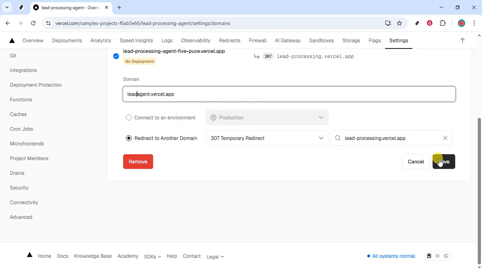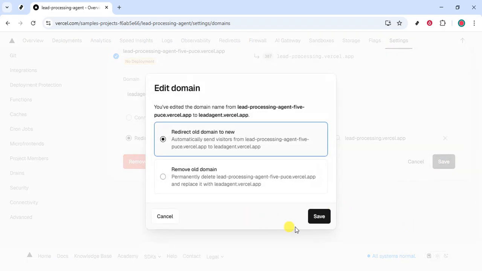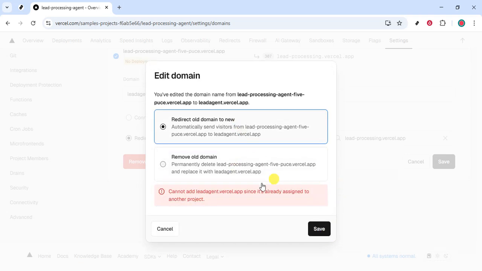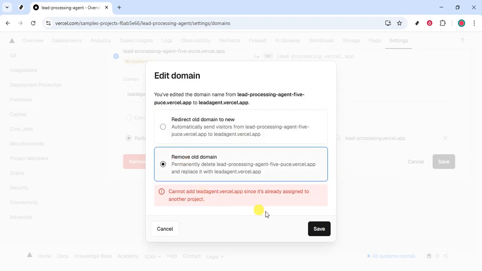Vercel will apply the change and, if needed, provision SSL for the updated domain automatically. This usually happens quickly. In many cases, the update is seamless, but allow a short window for things like SSL and DNS to settle, especially if a custom domain is involved. You'll typically see the domain reflect in the domains list right away, and traffic will route based on the new